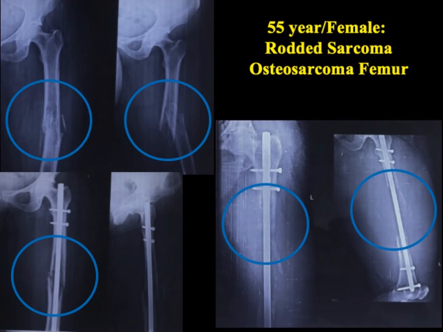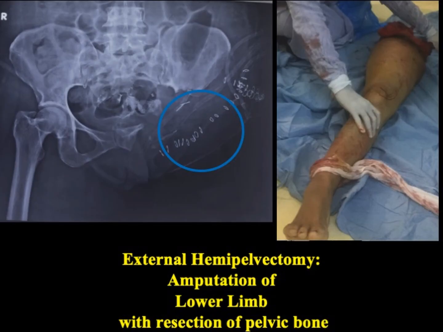Going back to the case we discussed in the previous slide. So it was a 55-year-old female with a suspected sarcoma. The histopathology turned out to be osteosarcoma. The patient was treated with neoadjuvant chemotherapy. She had no pulmonary mets and was treated with external hemipelvectomy as limb salvage surgery was not possible. So the whole extremity was cut away with the acetabulum because the tract was contaminated at the time of nailing. So external hemipelvectomy was performed for this case and amputation was the result.